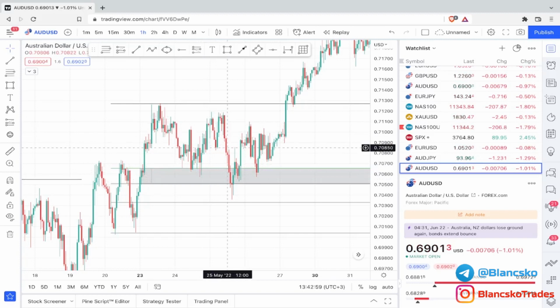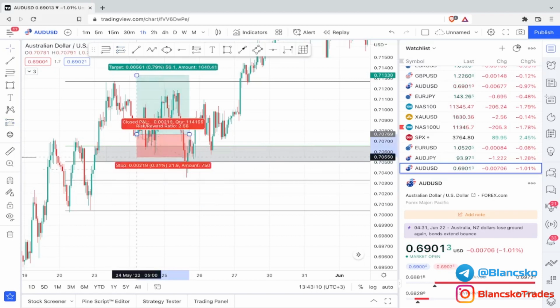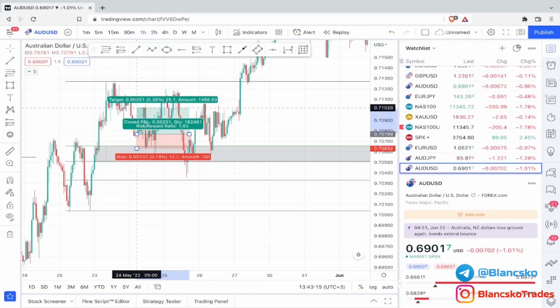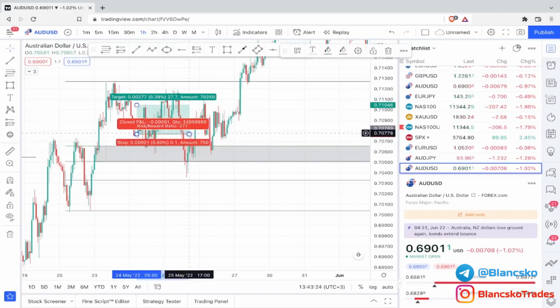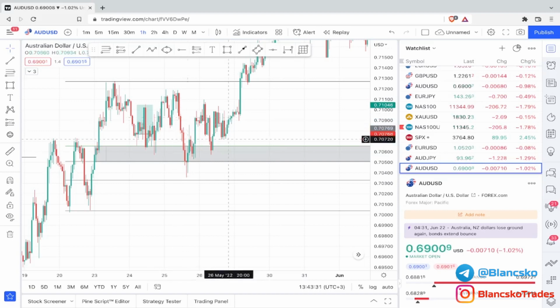And then we can see another retracement, boom, right into our zone, and another pin bar would have showed up. Okay, so here I would have entered right after this pin bar with the stop loss underneath it. And as you can see, price went 1 to 2. So I would have had my stop loss at break even. So ultimately this wouldn't be a loss because, as I said, that rule is very important. This would have been another break even trade,